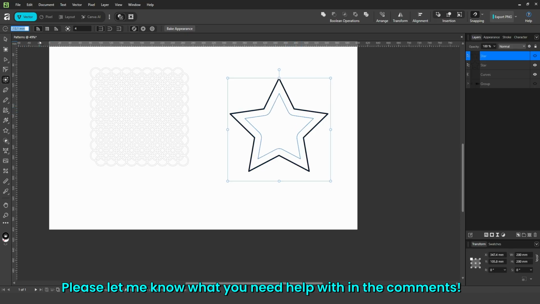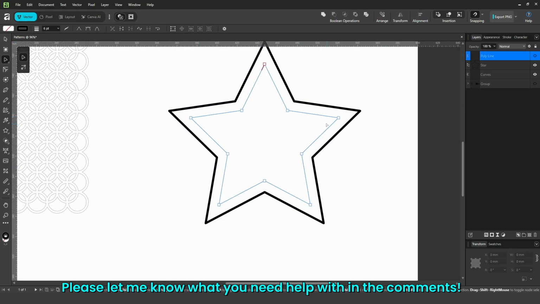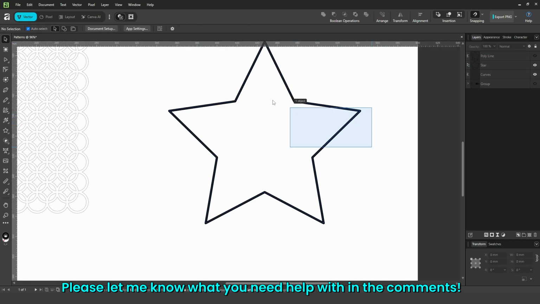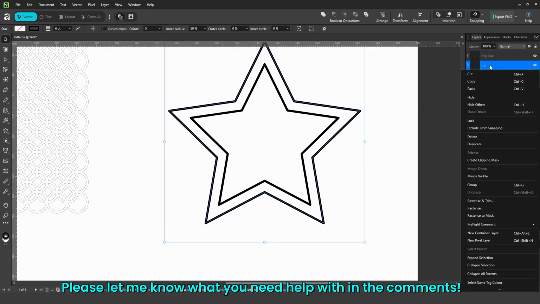And if we choose a value of, say, -10, we have these rounded edges, but we can use these different operators here to choose a different style. And the one in the middle makes it sharp. Once we've done that, we just need to click on Bake Appearance, and that then creates that as a shape. So again, I'm going to take this outside edge, and I'm going to this time right click here and go